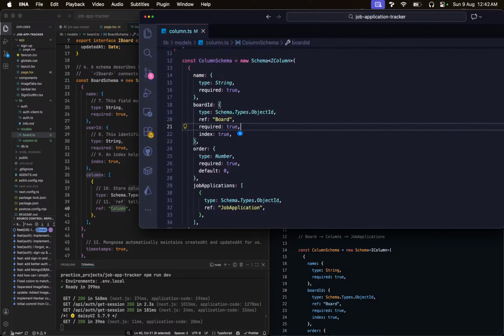In a real-life, high traffic production system, that can actually make writes more complex, increase the risk of getting data out of sync if one update actually fails, and slow things down when these arrays get very large. For bigger apps, you would actually pick a single direction for each relationship, typically just storing, for example, a column ID and querying by that index, or making sure that you use transactions so moves and reorders happen atomically. However, for the purpose of this beginner video, we're going to do it this way. Now, the next one is going